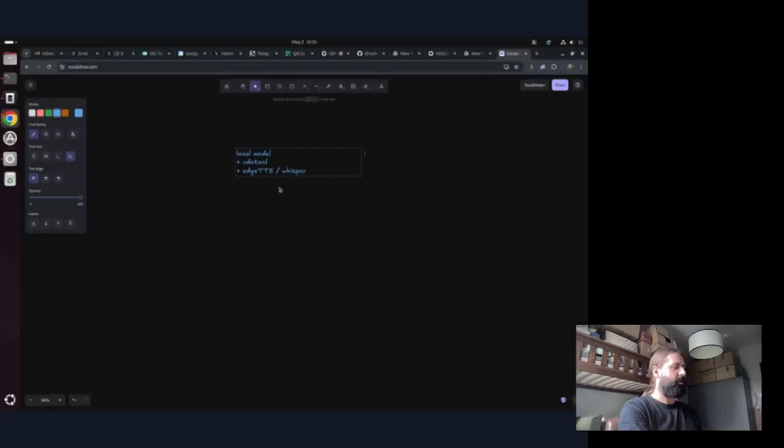There is a provider that Hermes supports that is local TTS and STT, which I get it, it's not as good as XAI, but if you do this local model, video tool, and local TTS,